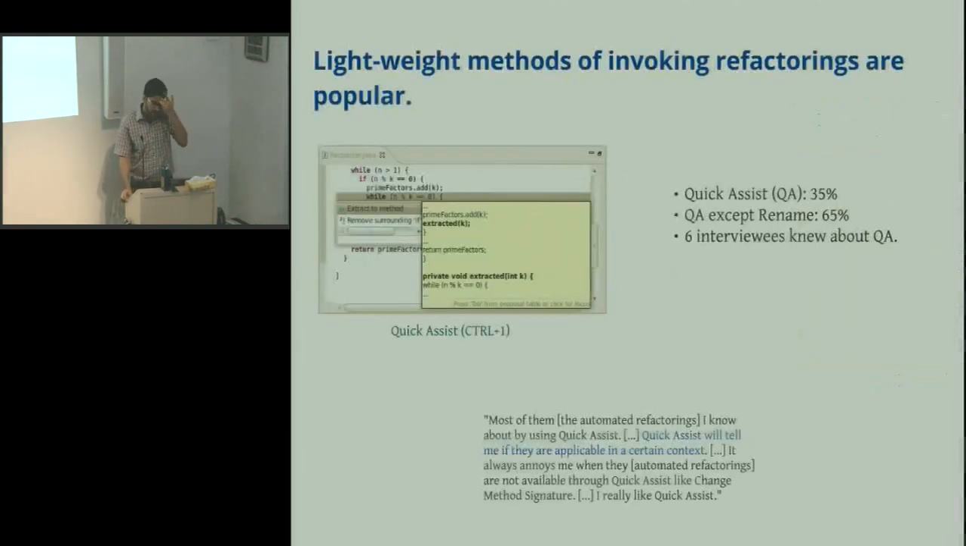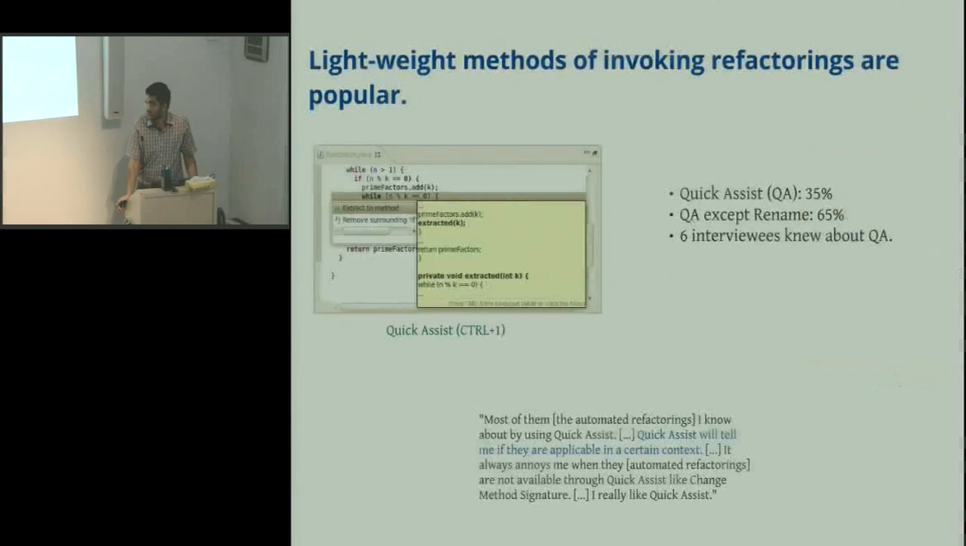So we have identified a popular method of invoking refactoring. You can see a screenshot of this method. This is called Quick Assist in Eclipse. You can select a piece of code and hit Ctrl+1, which invokes a context-sensitive menu that suggests the refactoring is applicable to the selected context. Then the user can single-click on a proposal and see a preview, and if he wants, he can commit and